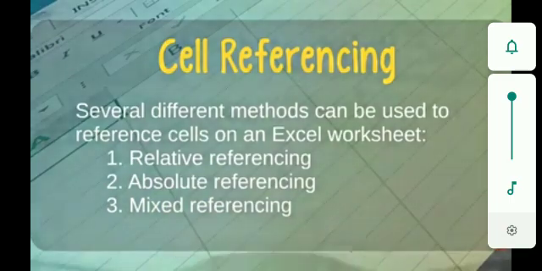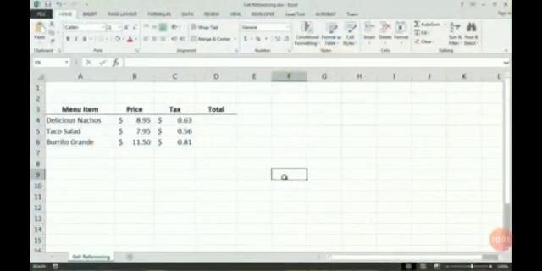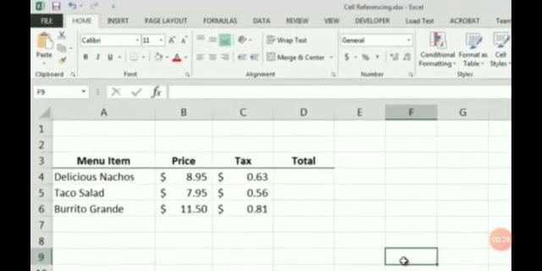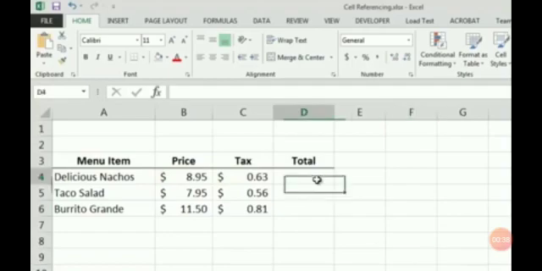Imagine that on this simple worksheet, we want to add together the price of a menu item along with its associated amount of tax in order to determine the total price that should be charged for the item. Using the delicious nachos as an example, we could accomplish this task by first clicking on cell D4, where we